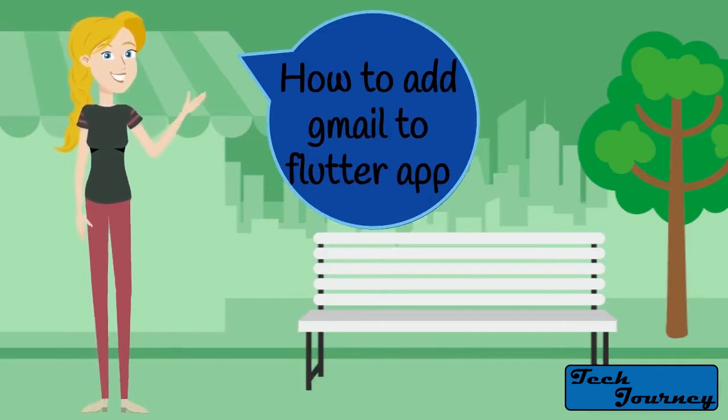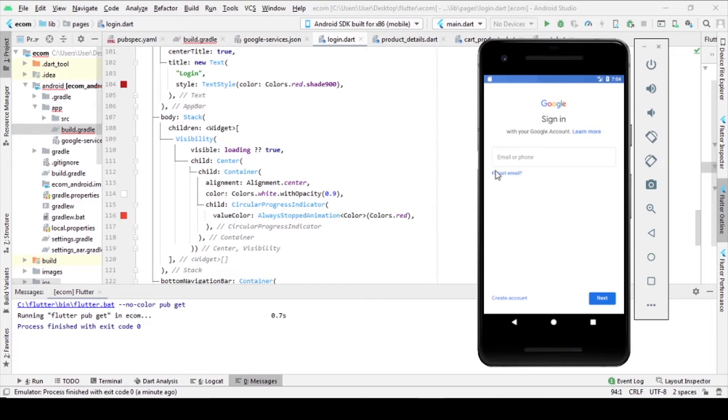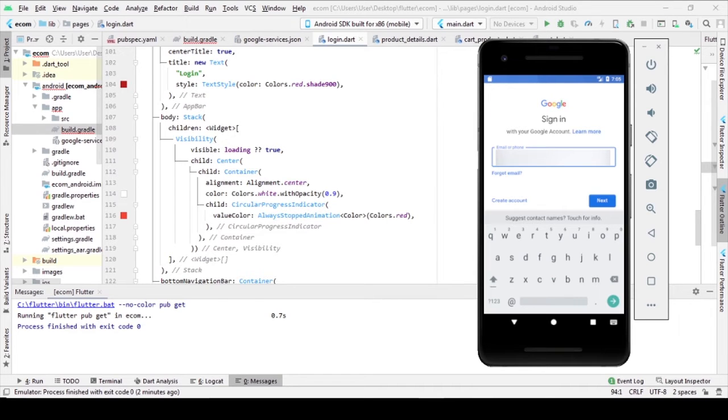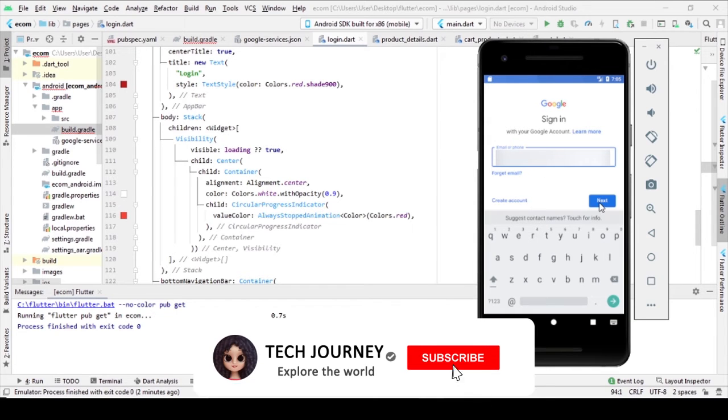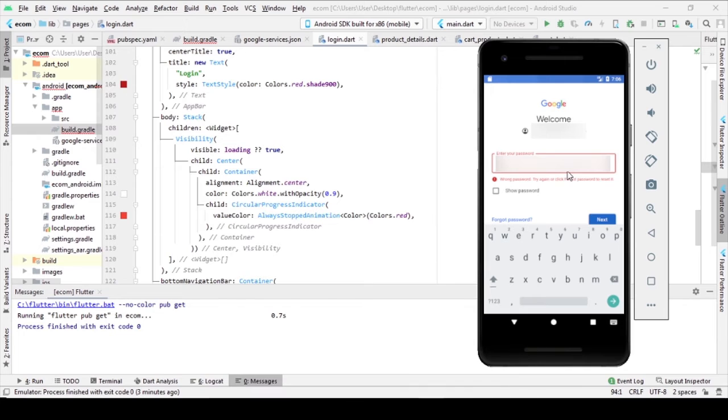on your virtual device. Go to settings in virtual device, then account, add account, enter your email to field, click next, enter password here, click next,